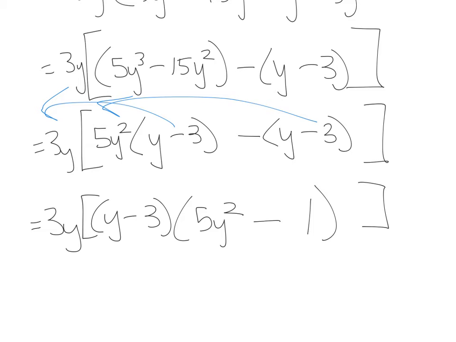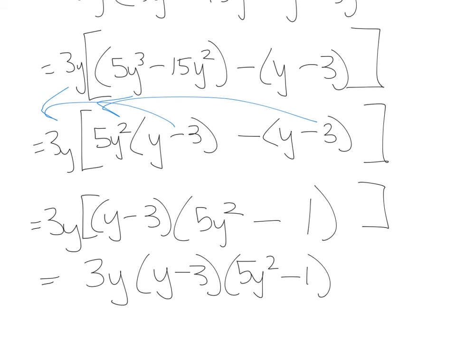Really I'm dividing, and when you divide something by itself, you're left with 1. So out of this term, I'm left with 5y squared, and out of this term, I'm left with 1, so I put that in parentheses. So we have 5y squared minus 1. That's technically the answer, although I no longer need these brackets. They were just a way to be mathematically polite, to say we're not forgetting the 3y. So the real final answer is 3y, y minus 3,